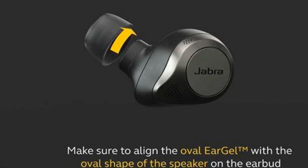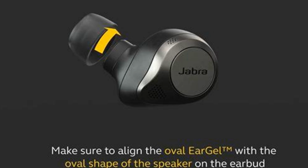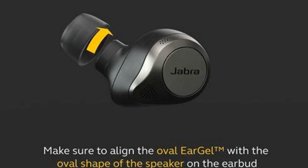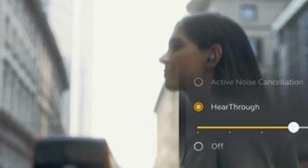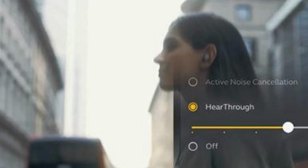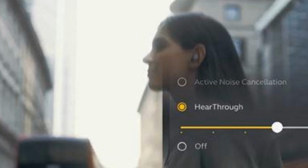In addition to the pressure relief vents, Jabra's semi-open design also employs silicone oval ear gels to help create a more secure seal and increase noise cancellation. Each earbud features an easy-to-use button that allows you to control playback, volume, and the hear-through feature, a feature that allows you to temporarily cancel noise cancellation and listen to the outside world while the audio continues to play in